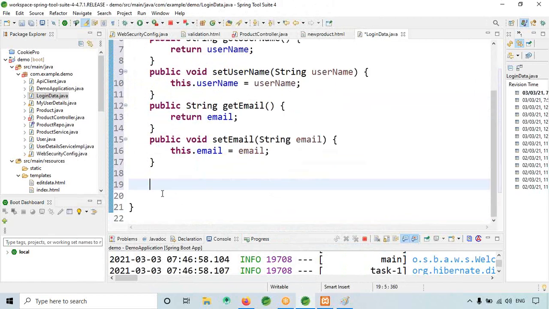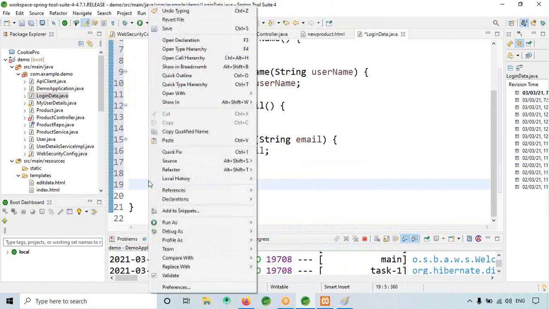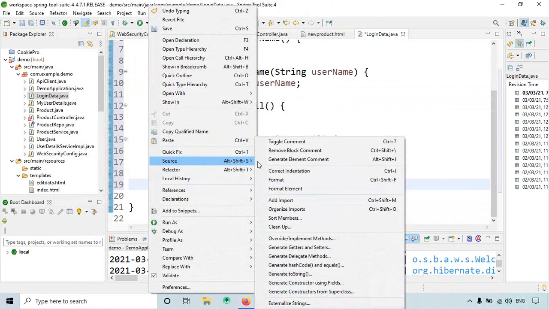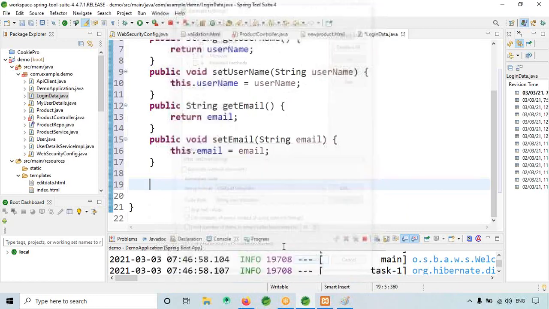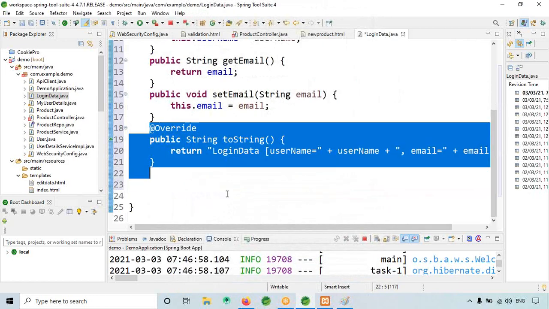Okay, so I want to print the username in the console. So for that right click, source, toString method, generate. Okay, so this is to print in my console.